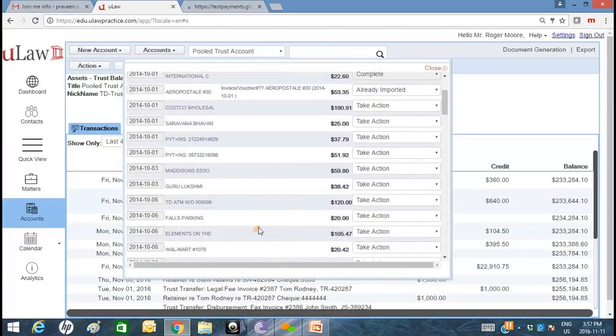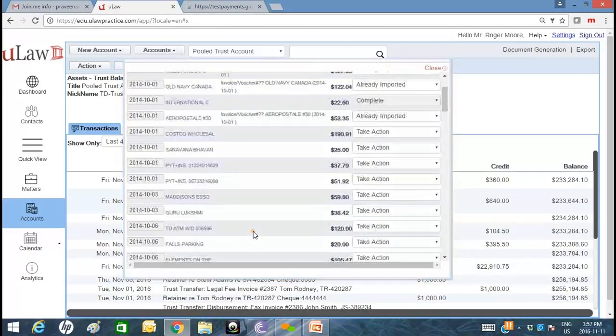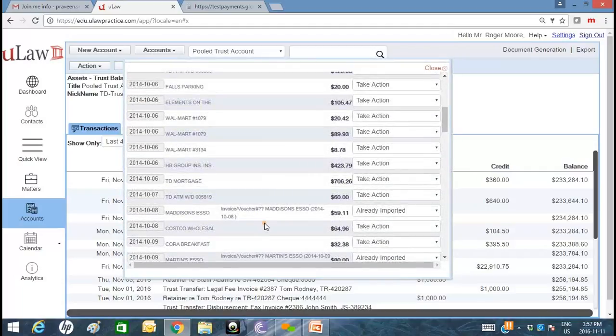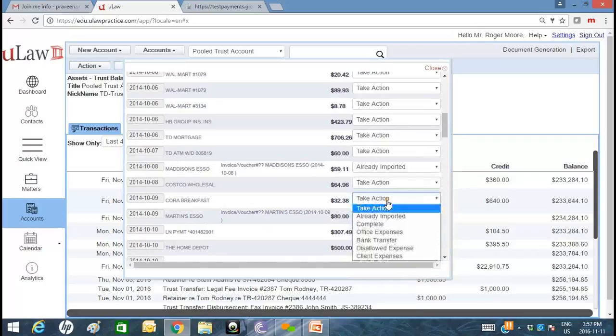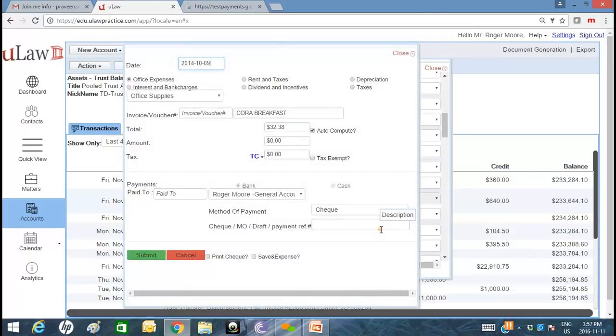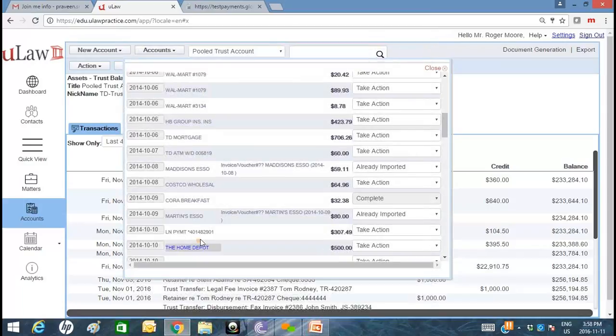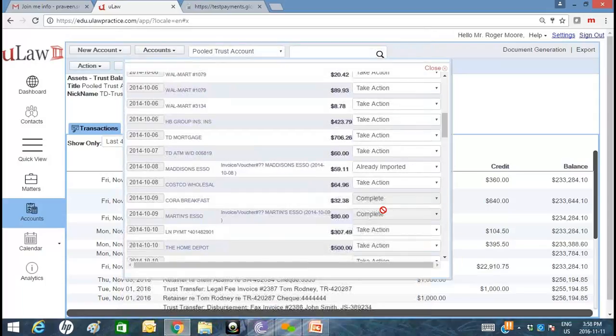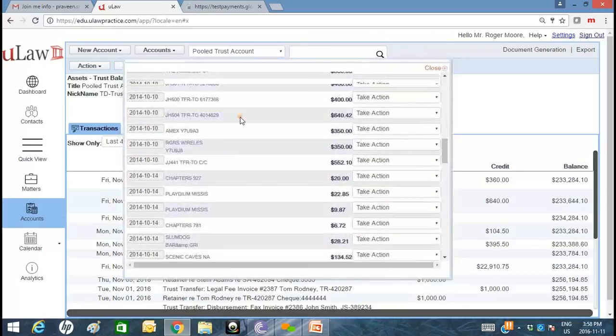yes, that's a really good question. It talks about how do we understand what these mean. I'm trying to look at an example. So let's say you have core breakfast, probably not. Traditionally what happens is if it's an SO, and when you take an action on it, we know that it's a gas expense. So there's a smart dictionary that allows us to scan the description and then automatically apply the appropriate office expense according to that. This has already been taken, but if you look at I would think,